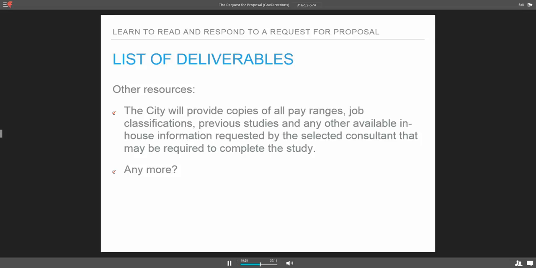So I might frame in my response a line or two that says, it is my understanding that you're going to provide this according to your RFP, and make a reference back to that line item. And my compensation is built around that expectation, so that they understand what's expected. But read through it, and sometimes the deliverables aren't spelled out in a specific section called list of deliverables. It's spelled out throughout the